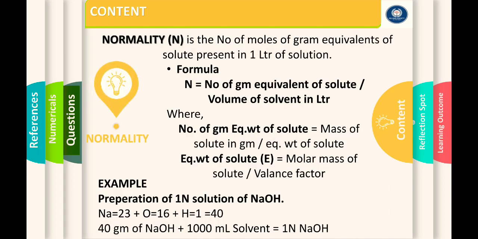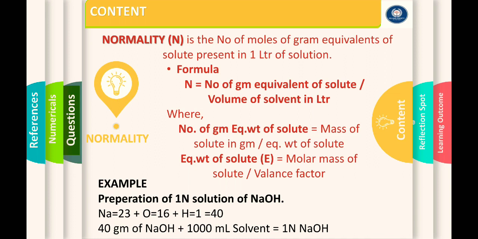Here is another point, normality. Normality is the most important parameter for expressing concentrations in pharmaceutical analysis or pharmaceutical chemistry. Normality is the number of gram equivalents of solute present in 1 liter of a solution. Normality is denoted by the symbol capital N, and the formula for normality is capital N equals